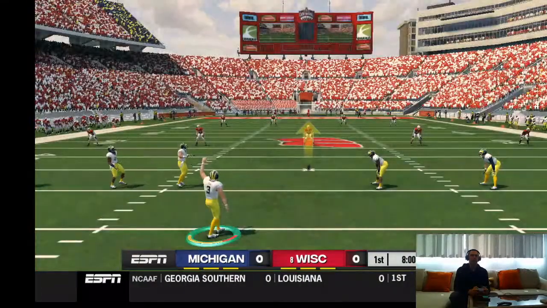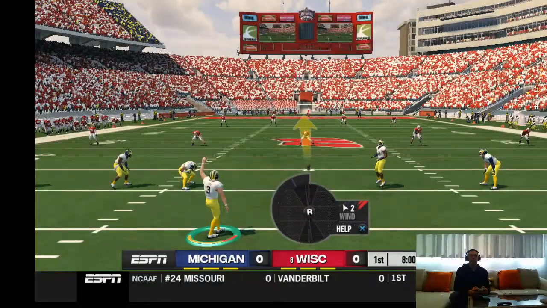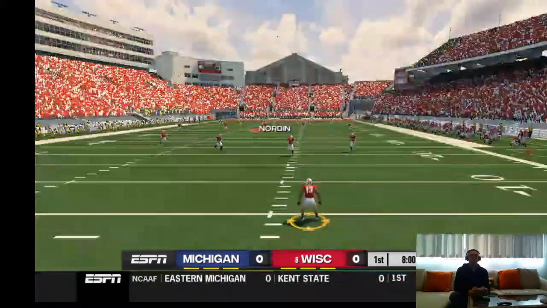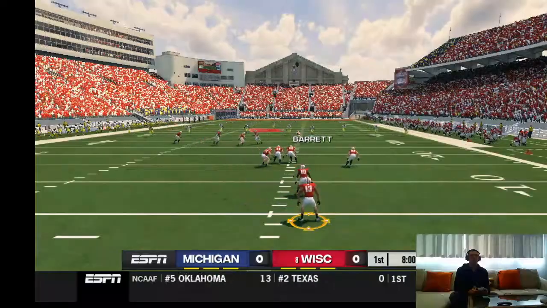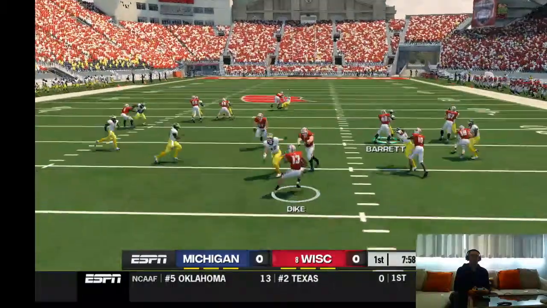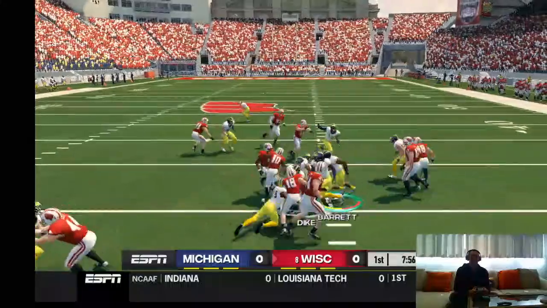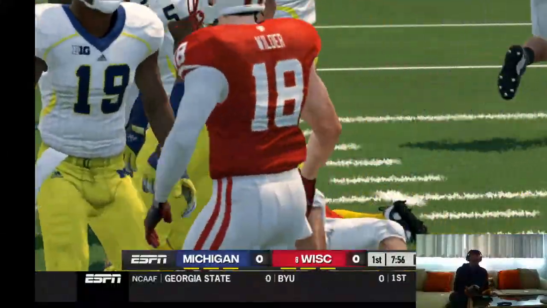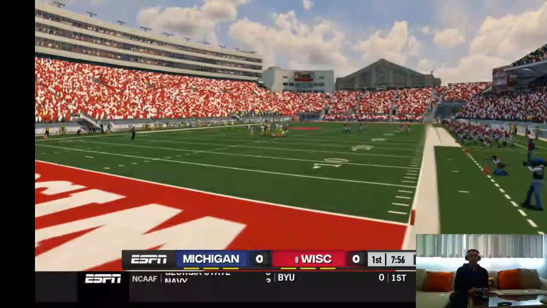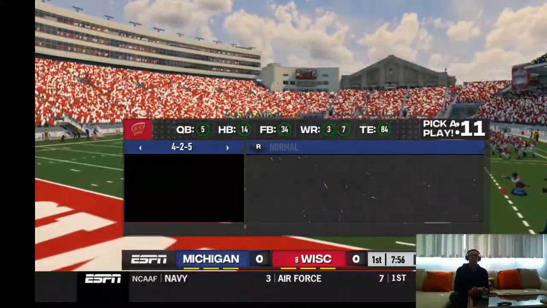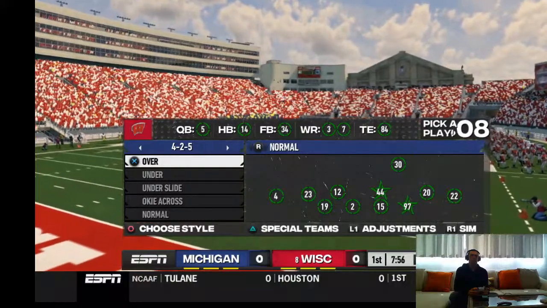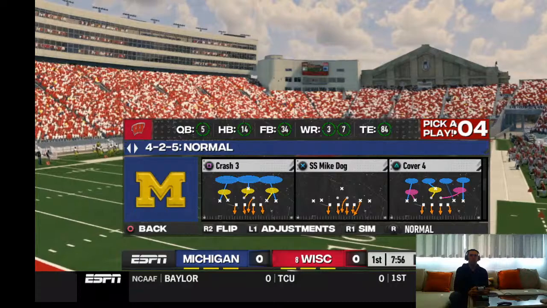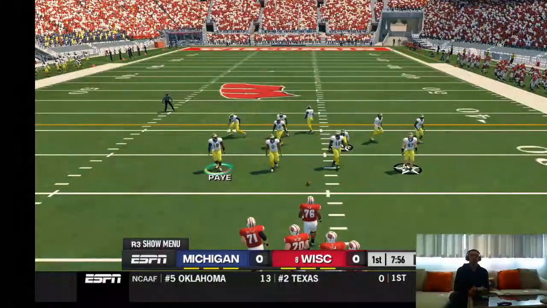All right. Michigan is kicking off first, and we're ready to get this game underway. Really got under that one. High kick. Taken at the 5. He's to the 20. He makes it out maybe to the 26-yard line. Now the offense gets ready to take their first crack at it.